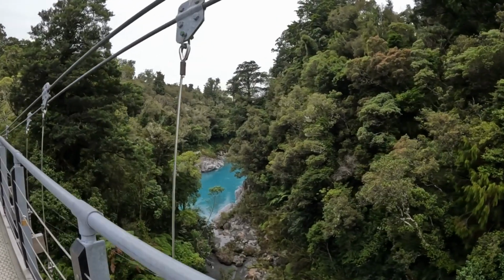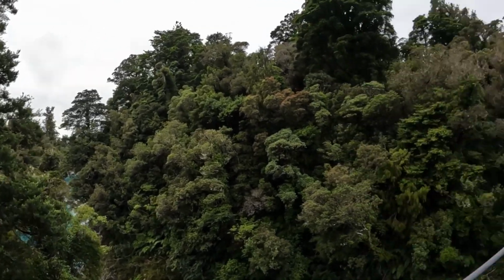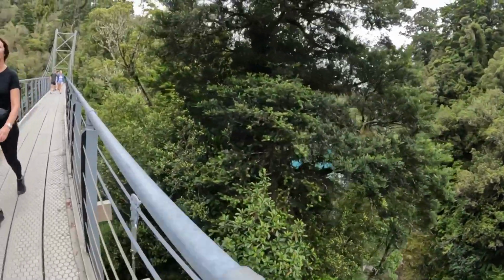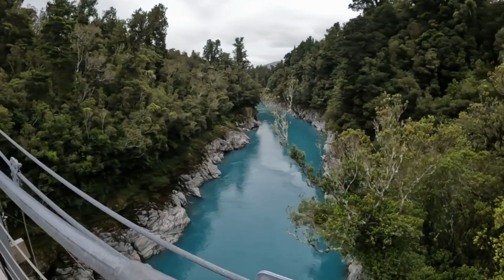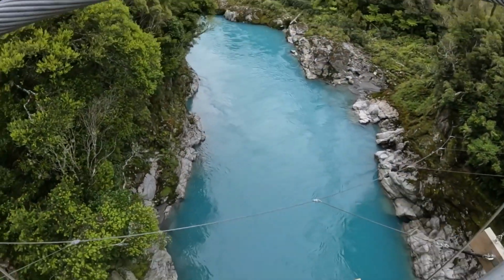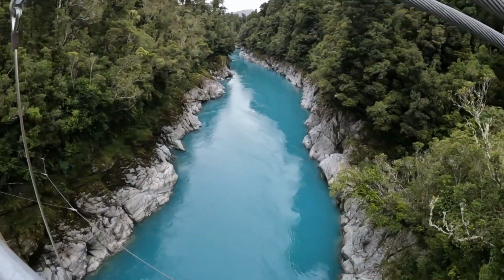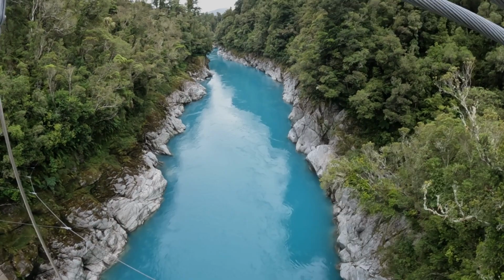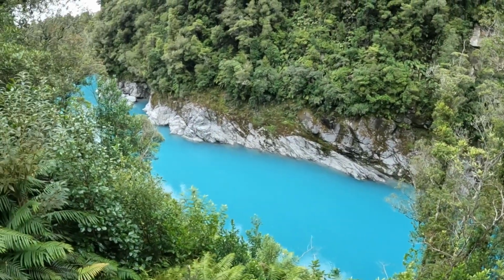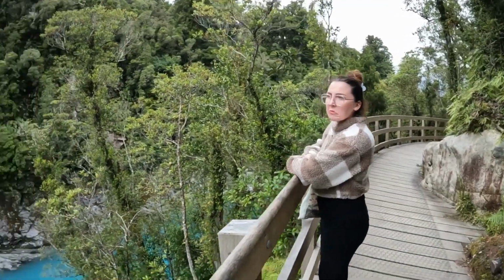Oh, yeah, there's a glimpse of it there. Oh, it makes you want to go for a swim. That's so blue. This bridge is so bouncy. Oh, wow. That water is so blue. Oh my God. I don't know if you can see it on the camera. That looks so nice. I don't know where the actual end part of it goes, but